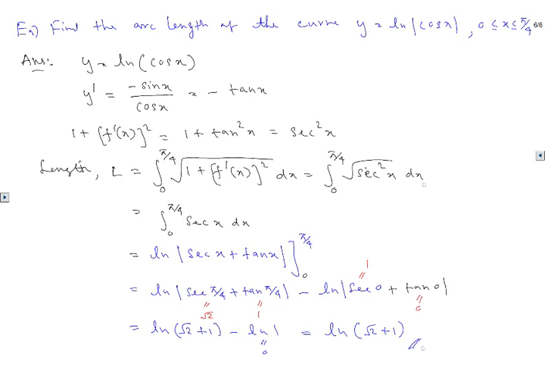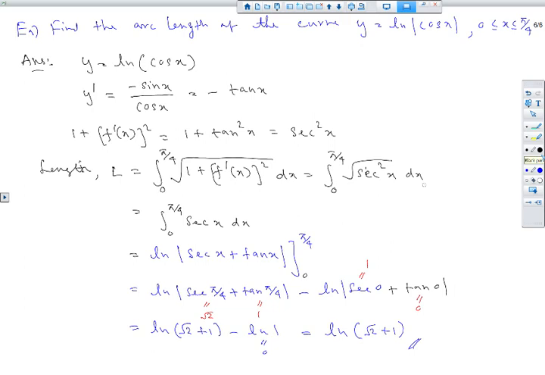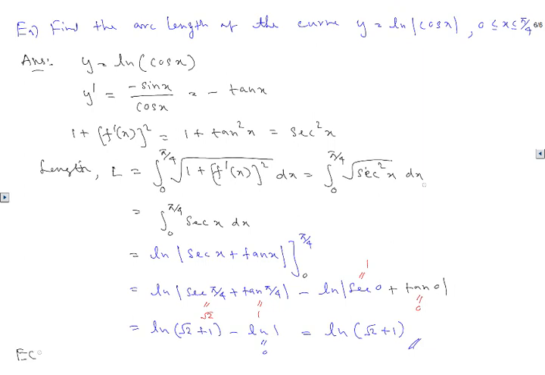So this is maybe another example that we can do. I'm going to give you an extra credit problem, so if you want you can try this and send it to me. This is an extra credit problem, so I'm going to say easy. What is that? Let's say find the length of the curve,